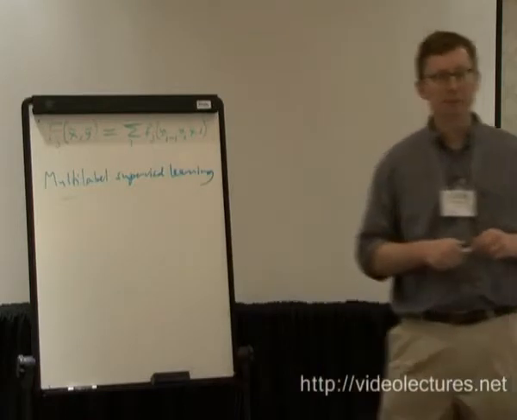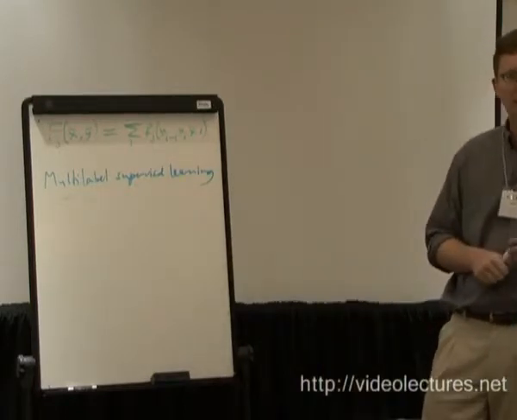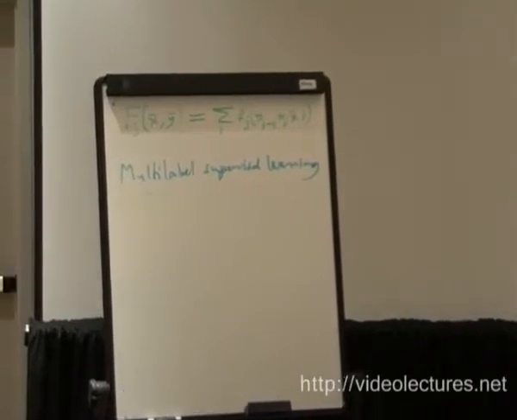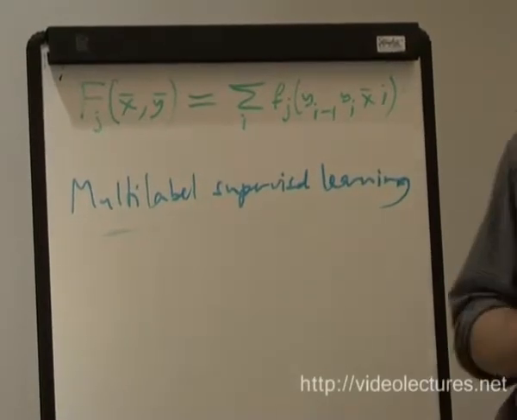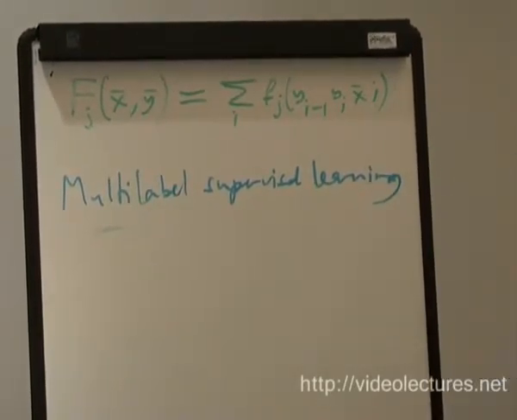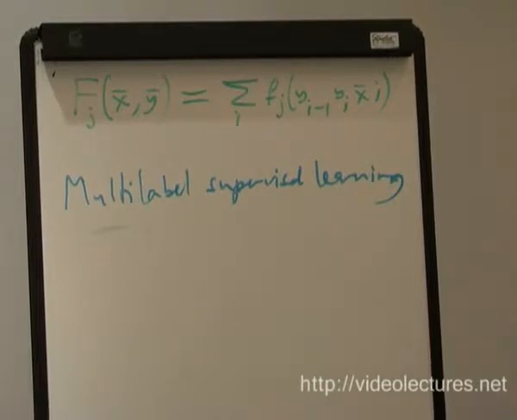Who knows what the multi-label problem is? It's different from the multi-class problem. The multi-class problem is when you have an input X and you want to predict a label Y, and the Y comes from a set that is bigger than a binary set. So if you want to classify somebody as freshman, sophomore, junior, senior, that's multi-class. But multi-label is when you want to classify your X as having 0 or more labels.